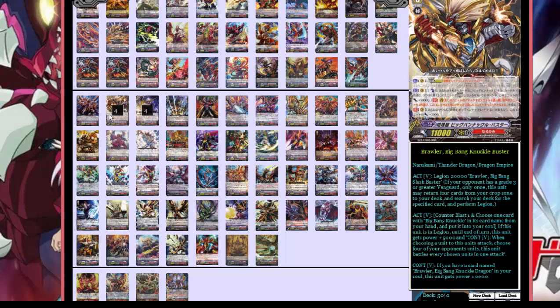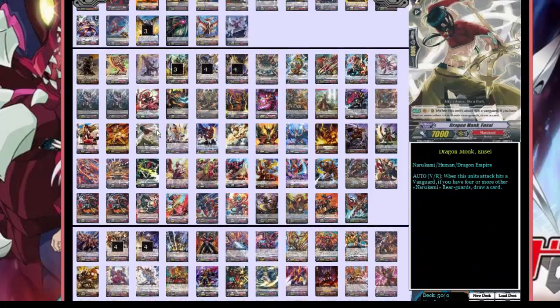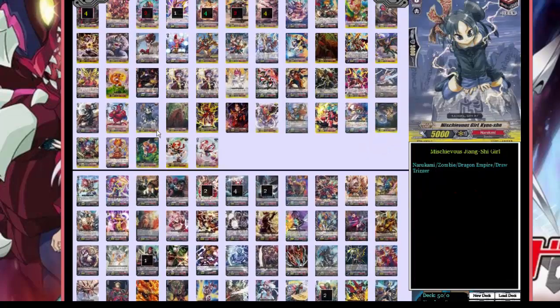So if for some reason you don't want to hit their Vanguard, if they have a lot of units in the back row of the front you want to get rid of, maybe they have 4 rear guards, you want to just get those out of the way and then hit the Vanguard with your rear guards or something like that. I know I just always hit the Vanguard with his skills, but as before, I told you about the starting Vanguard that we have,